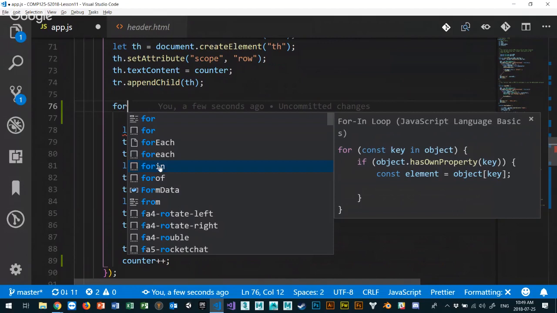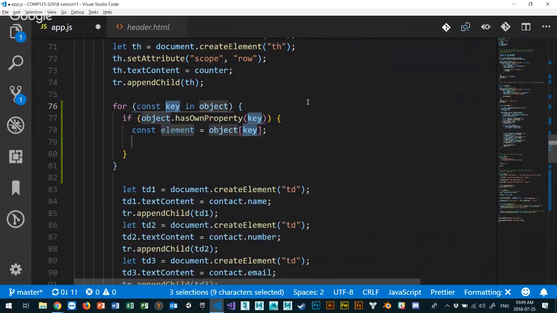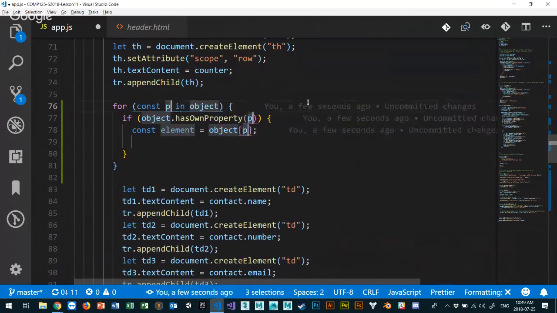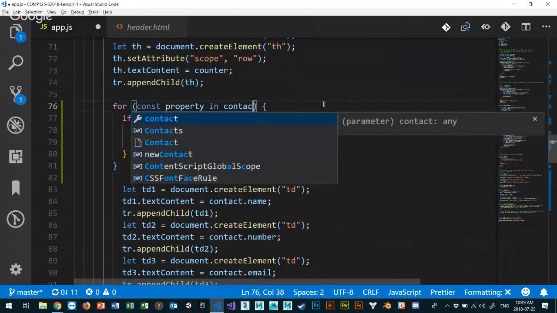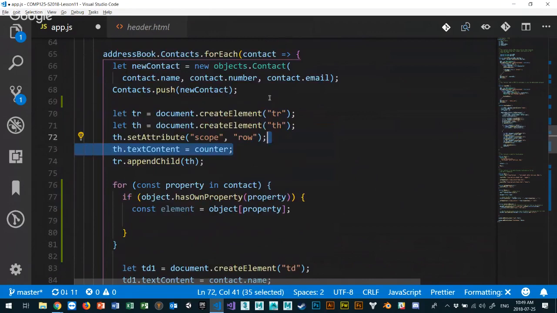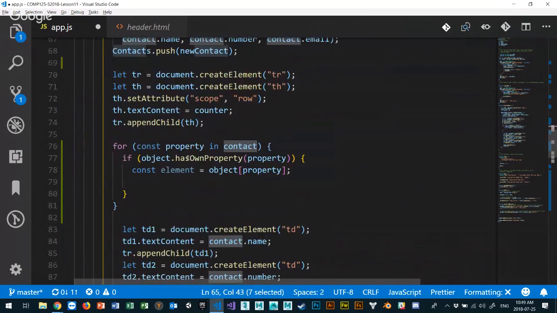So what I want to do is do this for in loop, and I want to change the key. So instead of key, we'll say this is the property that I want to display, right? So I'm going to call this thing property. So for every property in my object, this object here, which object? It's contact, right? So the contact object. How do I know this? Because I'm inside this element here, for each contact, right? I want to go through each of its properties. So almost like another for each loop, but in a different way of doing it, right? And I need to do it this way because the for each loop won't work properly. So contact,